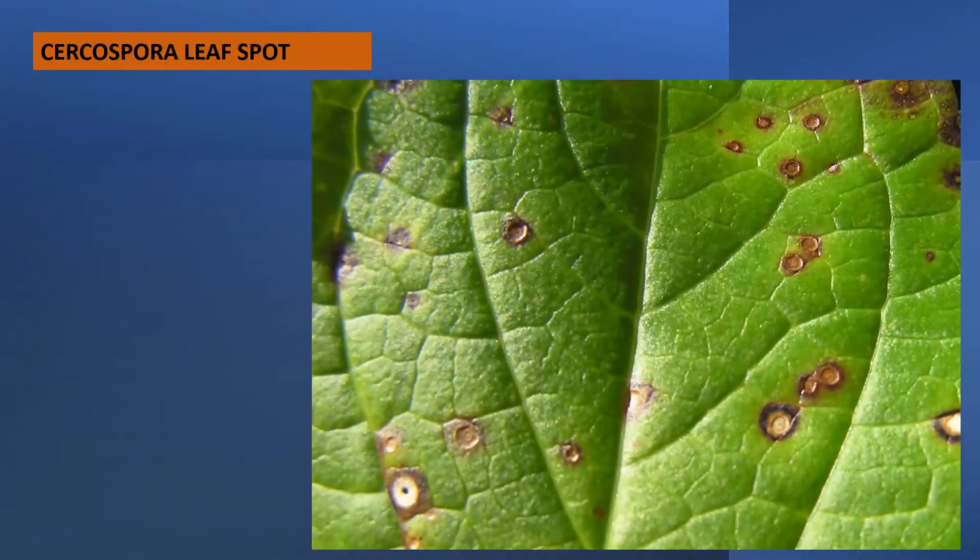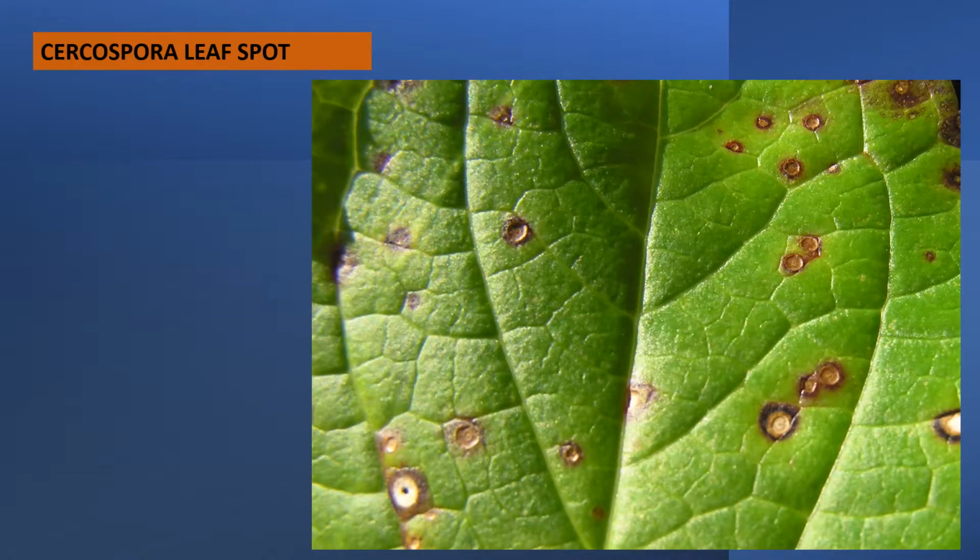Next comes the disease Cercospora leaf spot, which is caused by Cercospora species. The symptoms of the disease include the following. At first, small water-soaked lesions will appear on the upper surface of the leaf. The spots become circular to irregular with greyish-white center, which is surrounded by brown margins. Many such spots will coalesce together to form very big irregular patches. The center of the spot may fall off, which will lead to a shot hole formation.